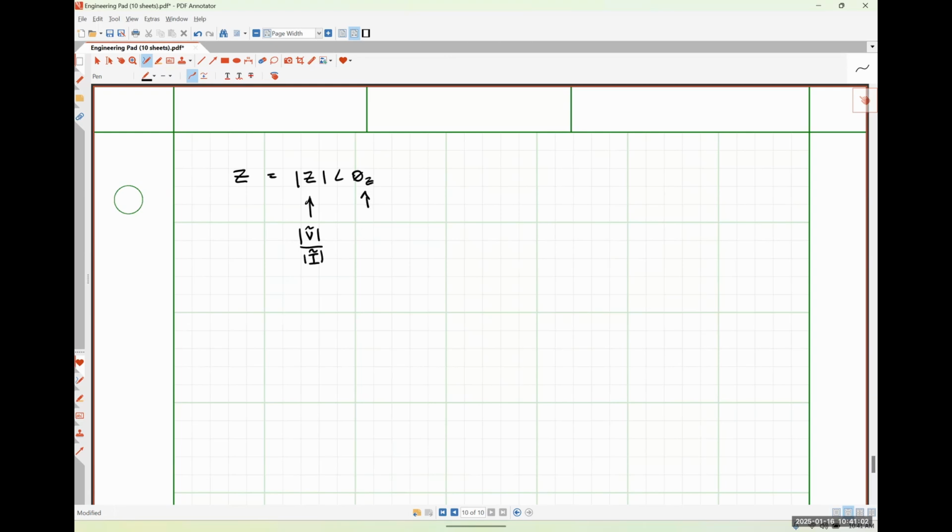Theta Z is the angle of the voltage minus the angle of the current. Okay. In rectangular form, this is usually expressed as R plus JX, where this is our resistance measured in ohms, and this is our reactance